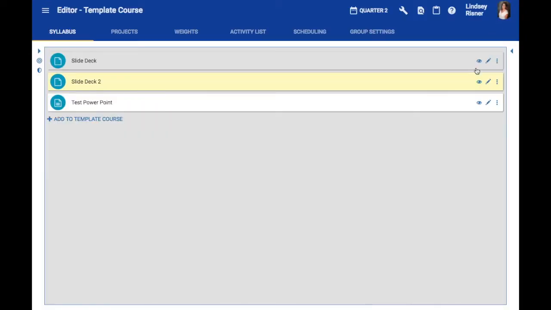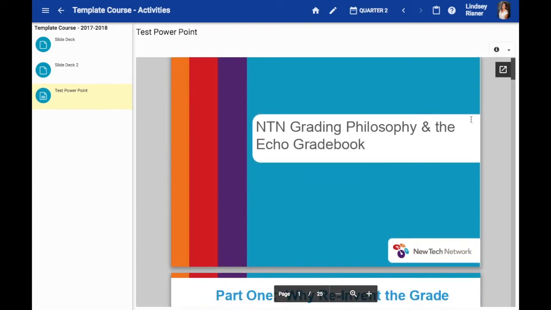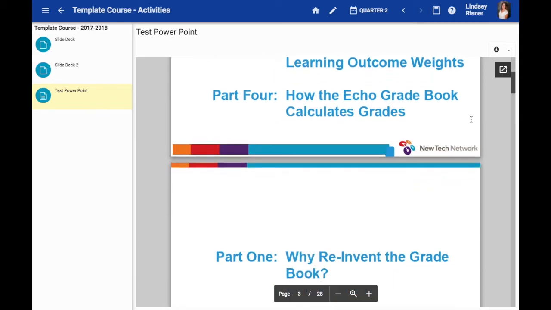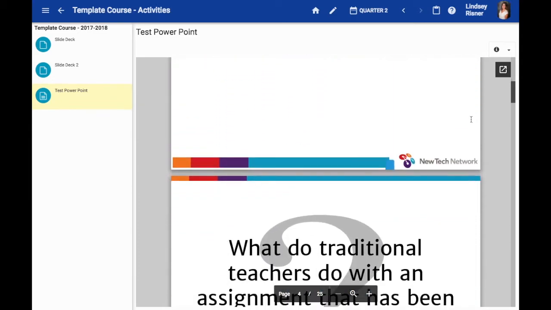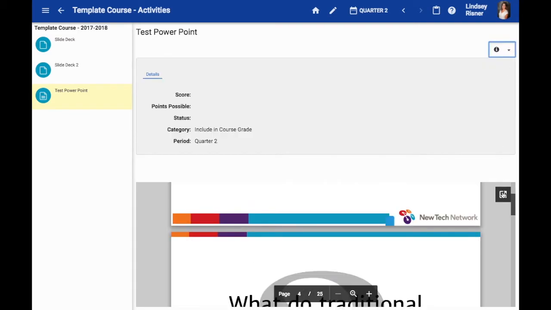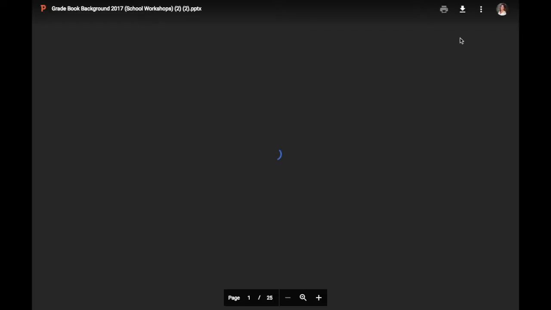Again, we're going to preview this activity to see what it looks like from a student's perspective. Notice that now this PowerPoint lives within Echo. Your participants can view it without having to download it or opening a new window, but they do have the option to pop it out if they'd like,